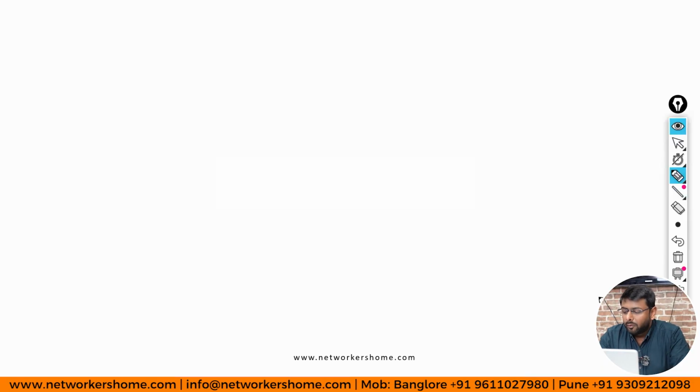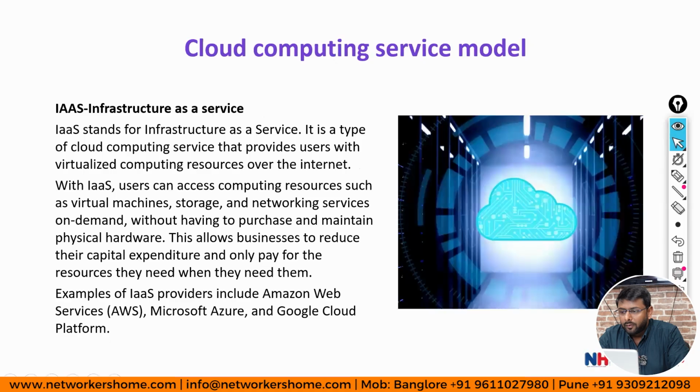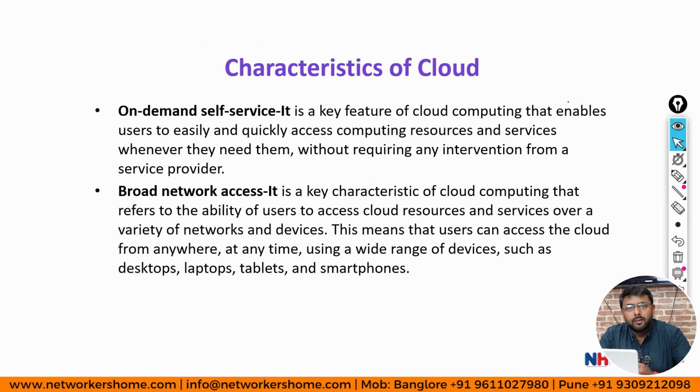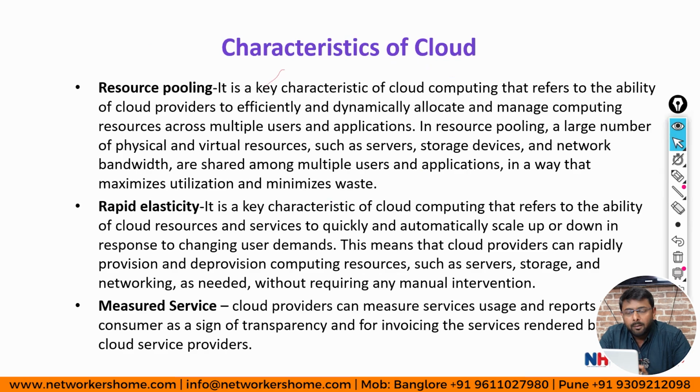So let's have a quick review of whatever we have discussed. We have seen that the cloud is going to provide you on-demand self-service, then broad network access, then resource pooling. Based on that, multiple users can access a particular physical server. Then rapid elasticity means if we want to scale up or scale down, we can do that with the help of rapid elasticity. Then we have measured service: whatever we want, we pay for that only.